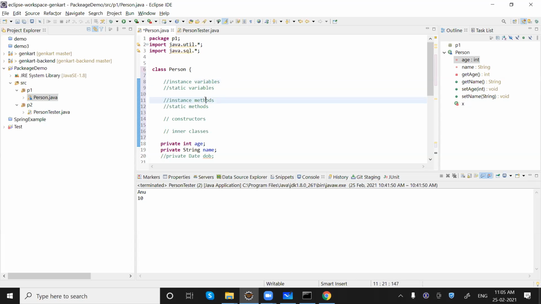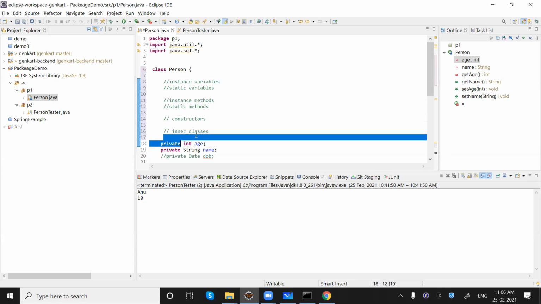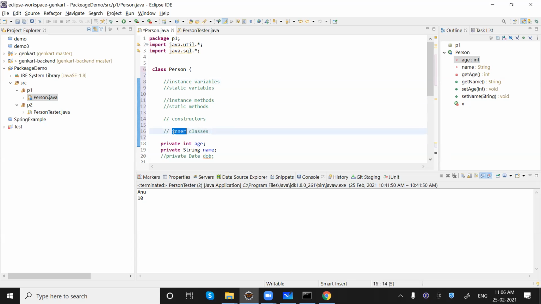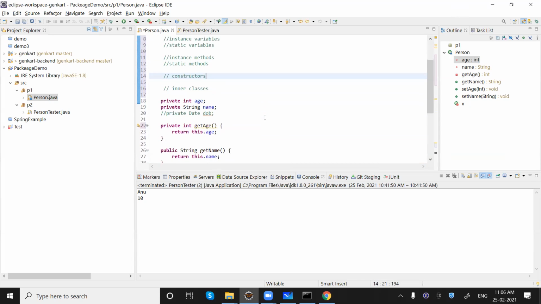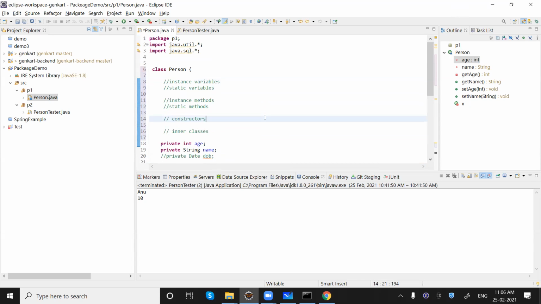Similarly, we can have private methods, public methods, default methods. Similarly, constructors can be default, public, private, protected. Similar for inner classes, I'm saying, not the outer one. All right, that's all about access specifiers. Let me know in case you have any doubt.